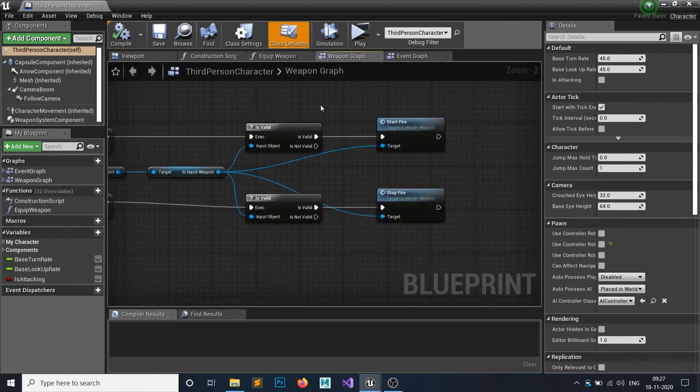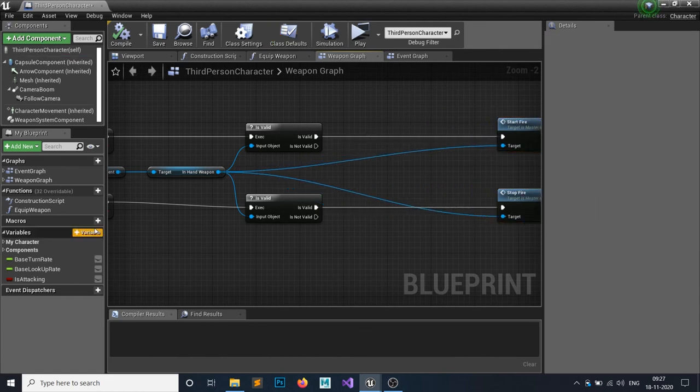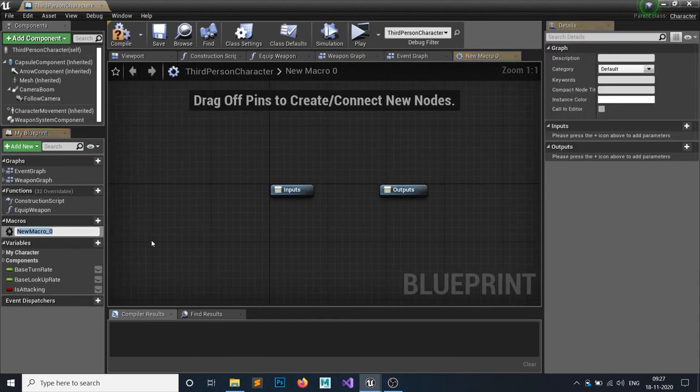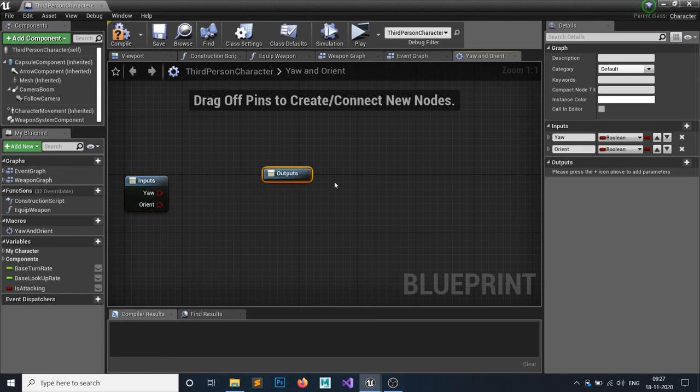So what I need to do, let's make some room here and let's make a new macro called yaw and orient. I need two inputs. The first one is yaw and the second one is orient. The reason I am doing this is because I need to face towards my gun's direction.